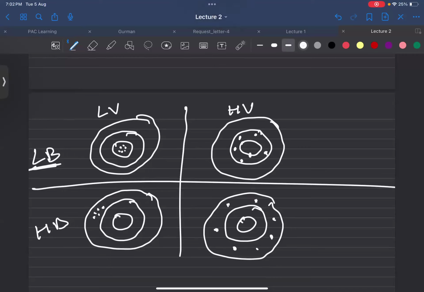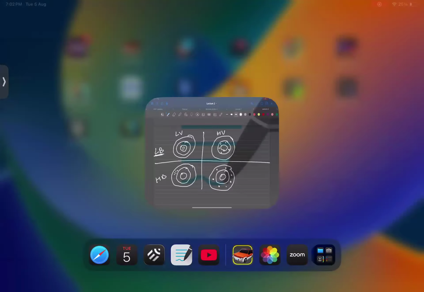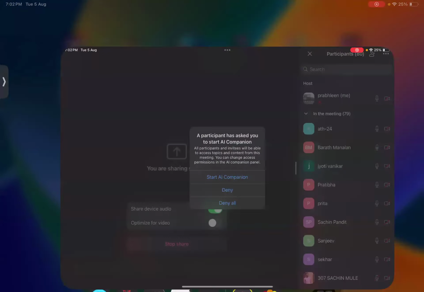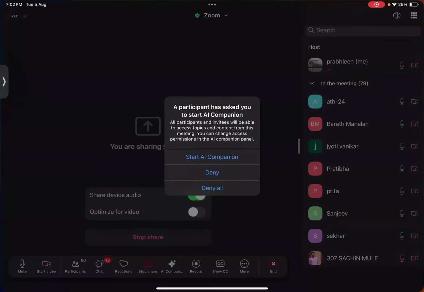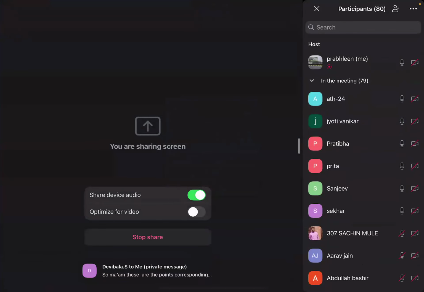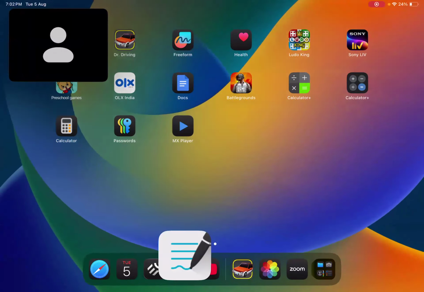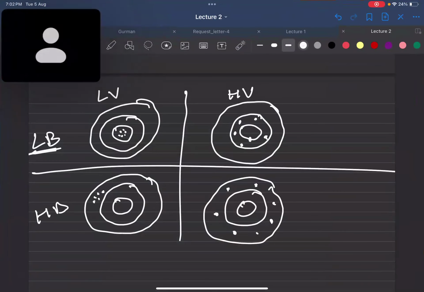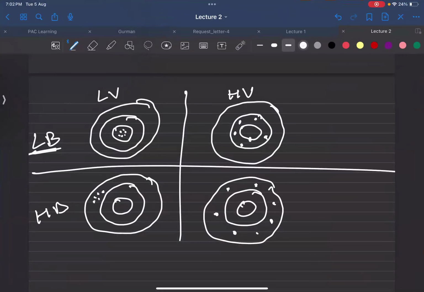I hope the concept of variance and bias is clear. Then I'll go to the mathematical part. Is it clear? Ma'am, please repeat low and high bias, please. Can someone repeat? I want you to answer now. Do you have doubts? Yes. Low bias and high variance.